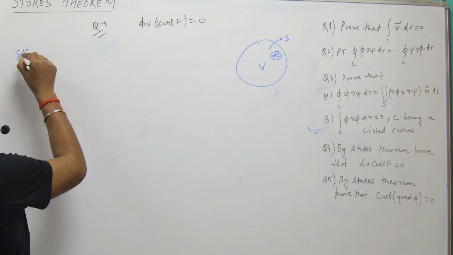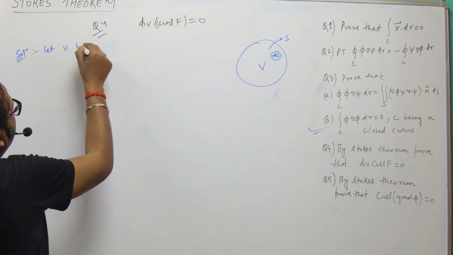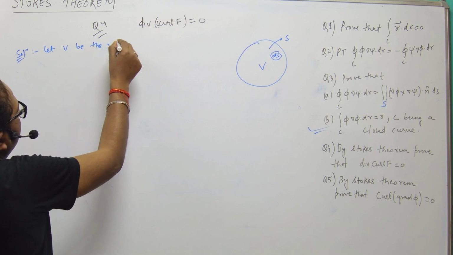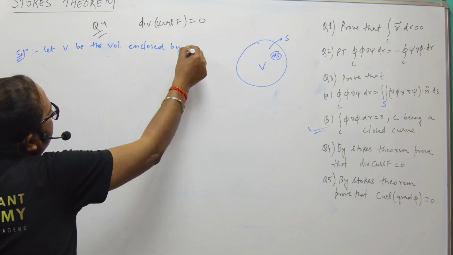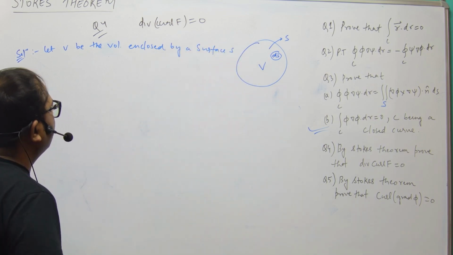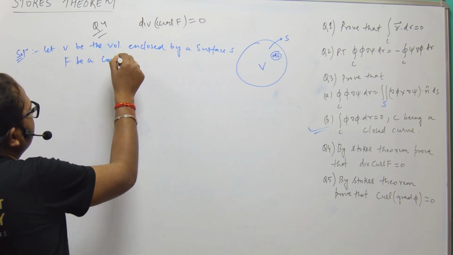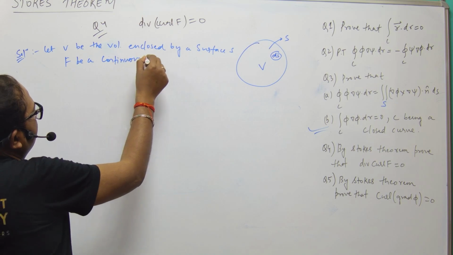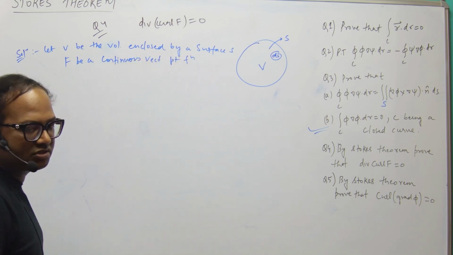Let V be the volume closed by a surface S, and f be a continuous vector point function. So from the Gauss divergence theorem,